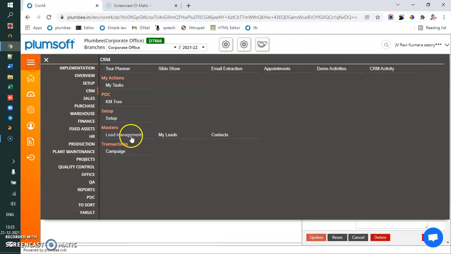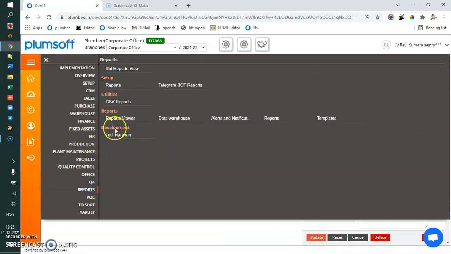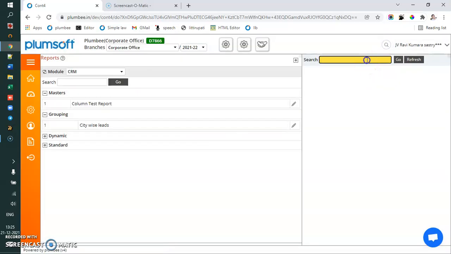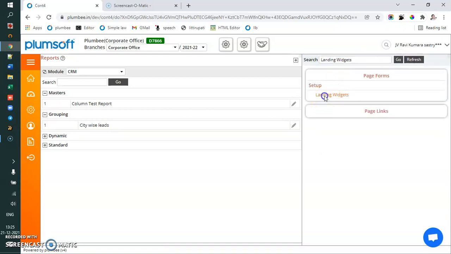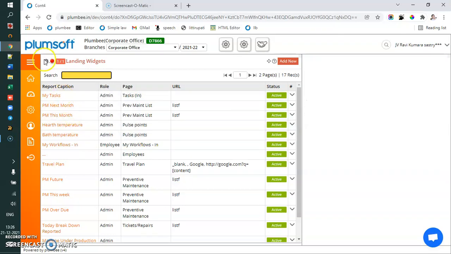Similarly, even for landing pages, suppose I go to my reports, there is what is called data alerts, notification reports, landing widgets. In the landing widgets, you have these widgets which come when you click this. With this you are able to set the landing widgets also.